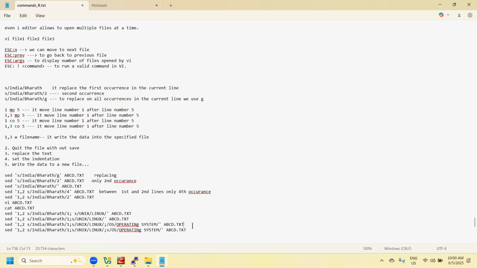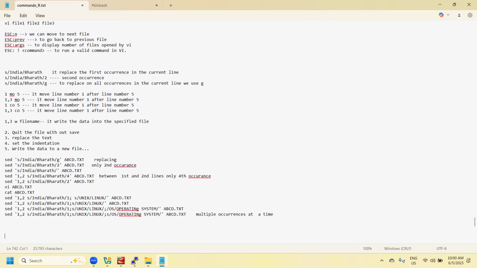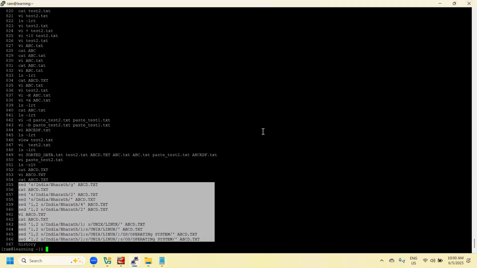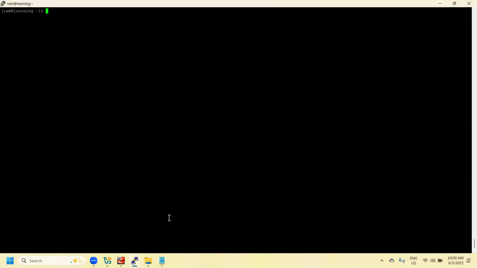Here, multiple occurrences at a time. So this is how we can edit the text without opening a file. Whereas if you want to make the changes permanently on the source file itself,